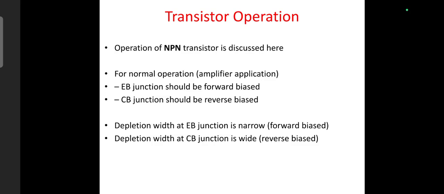When coming to the operation, we'll quickly go through the transistor structure again. In a diode, we have only one PN junction. However, in a bipolar junction transistor, there are two PN junctions. These are the emitter base junction, which is also called EB, and the collector base junction, which is also called CB. These two junctions work together to control the movement of current through the transistor. You can think of a transistor as two PN junctions connected back to back, but its operation is much more powerful than simply connecting two diodes. So now we'll go through the transistor